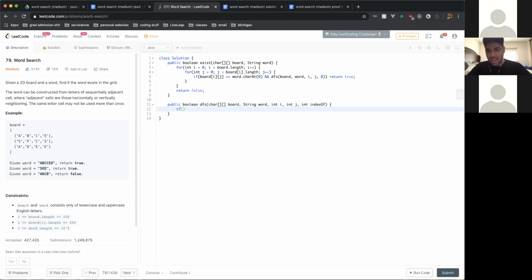We need to see if we've already found all of our letters in word. If you think about it, in computer science we index by 0, right? So the last valid index that we're going to be able to actually get a value from in word is going to be word length minus 1. If we surpass length minus 1, that means we've successfully found all the characters in word without breaking, and that means we've found all the characters in sequential order. So that's going to return true. The way we can write that is: if index of is greater than or equal to word length,